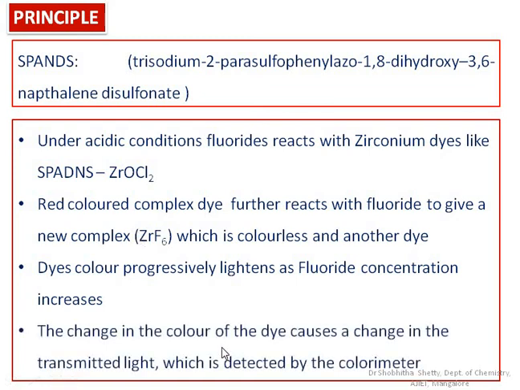Next, the change in color of the dye will cause a change in the transmitted light. When there is a change in color, the intensity of the absorbed light or the transmitted light also changes, and this change in absorbance or transmitted light we can detect by using the colorimeter. By recording the absorbance value from the colorimeter, we will know the amount of light absorbed by that particular concentration of the sample. Based on this we carry out the analysis.